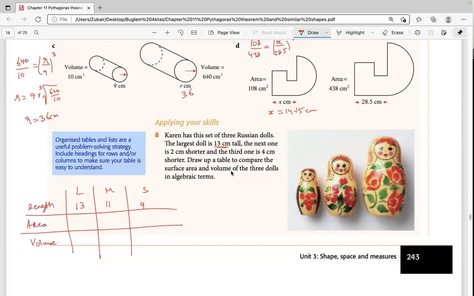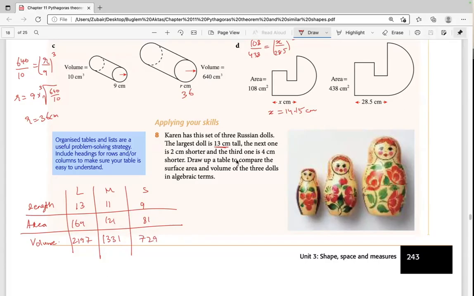So first one is 169, second one is 121, and third one is 81. And for volumes, we do the cube. So first one is 2,197. Second one is 1,331, and third one is